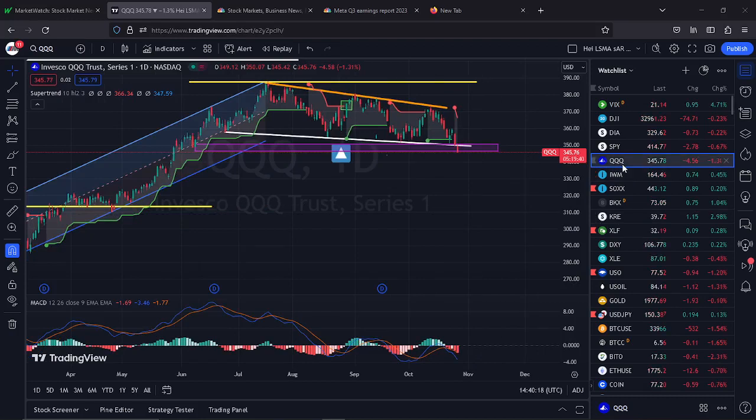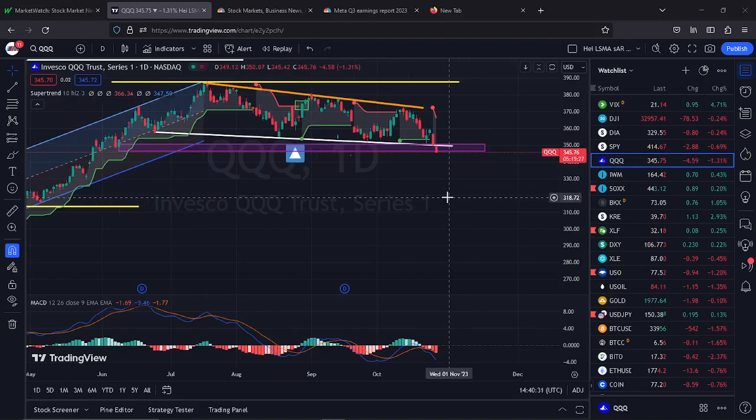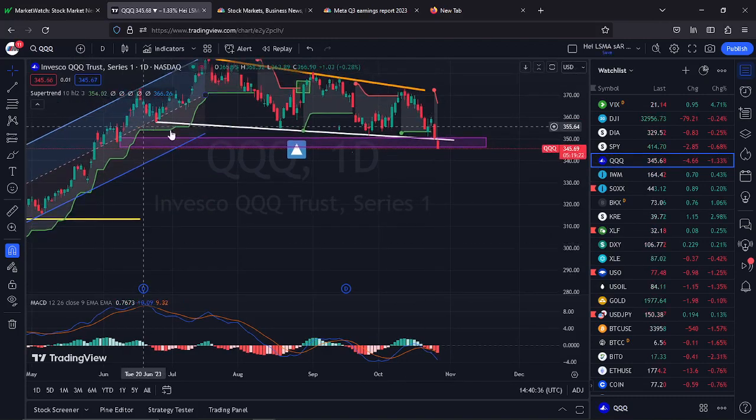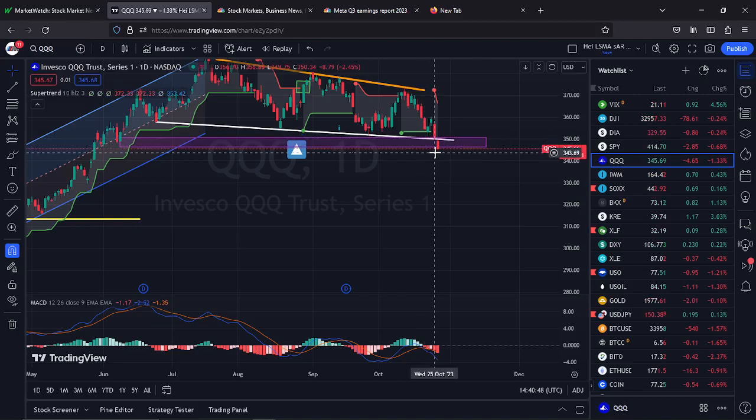QQQ, the NASDAQ index, which is all the technology. The ticker is not just a four-letter word, but it's four letters. The NASDAQ, representing the technology sector, has a big red bar. Matter of fact, it broke through support. This support line, the white line, we connect this bottom and this bottom, the last bottom yesterday, and then it's testing right through and went inside the purple box.